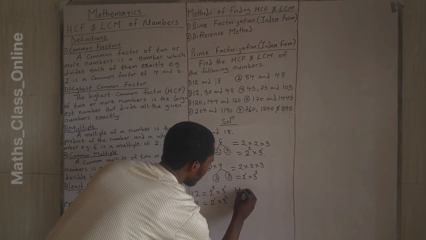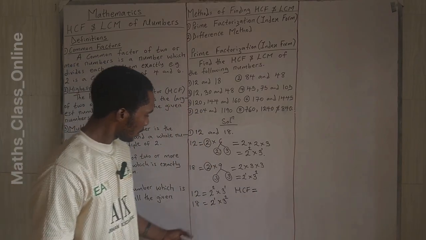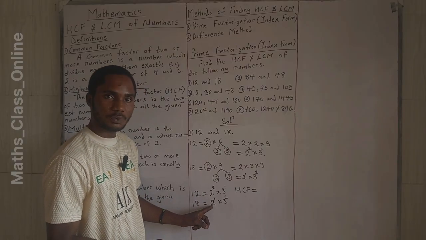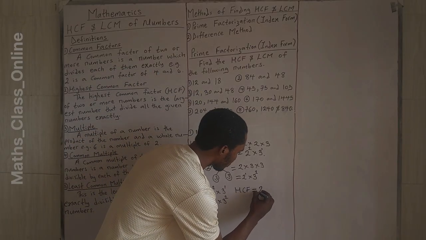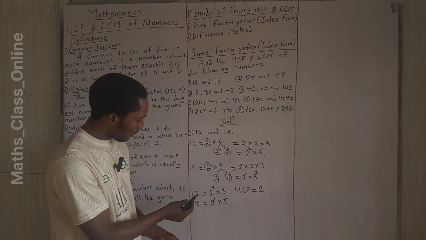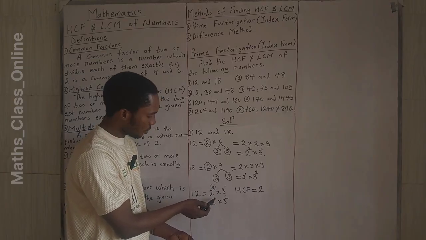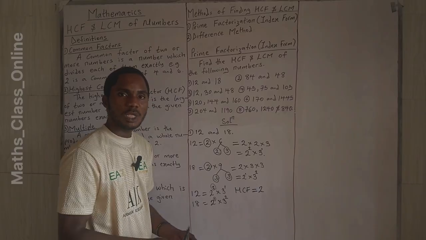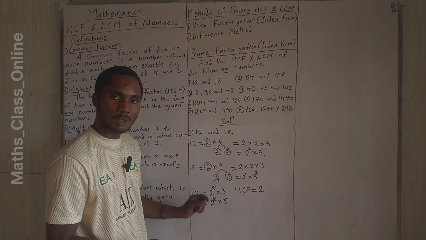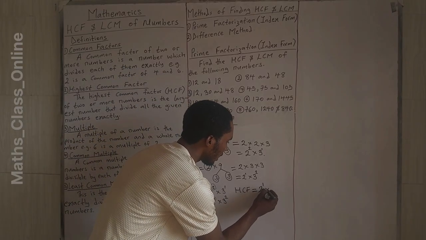Write it here. HCF is equal to, what do we have here? We have 2 here. We also have 2 here. Write 2. Now let's consider the powers. The power of 2 here is 2. The power of 2 here is 1. Which one is the least? The lowest between 1 and 2 is 1. You write this to be raised to the power of 1, times